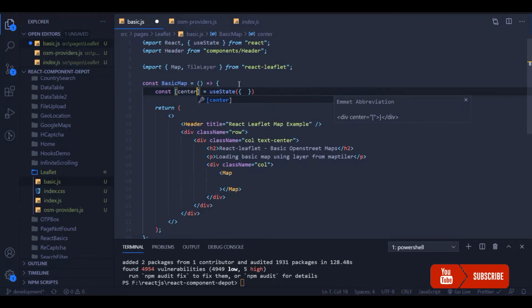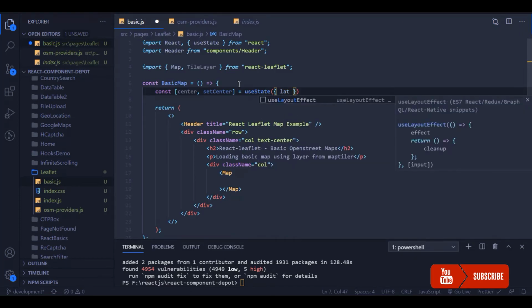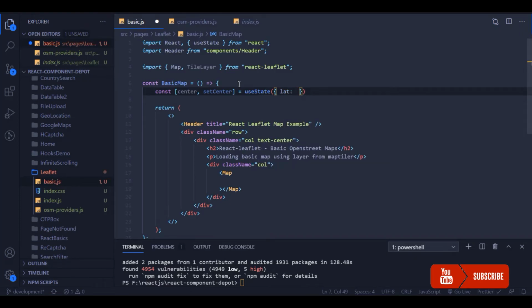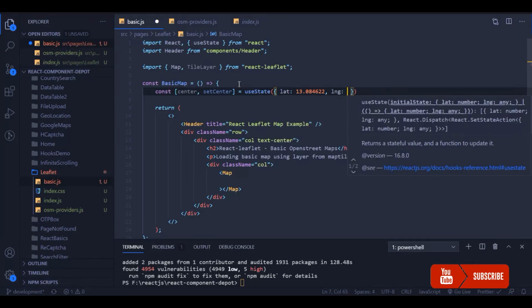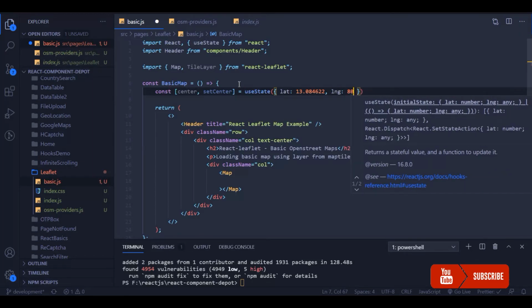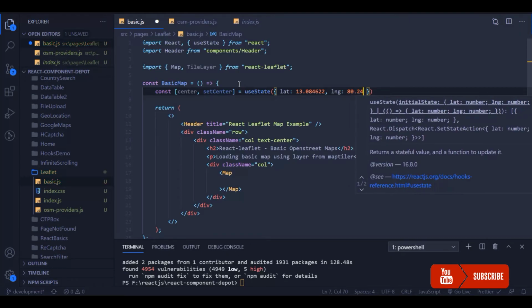Let's call this center. For this, you need to provide an object with lat and long, lat being the latitude and long being the longitude. You can provide whatever location you want by default. This is my static location.